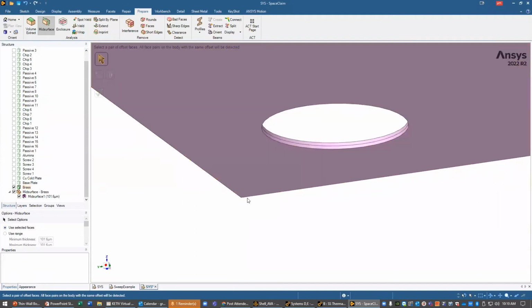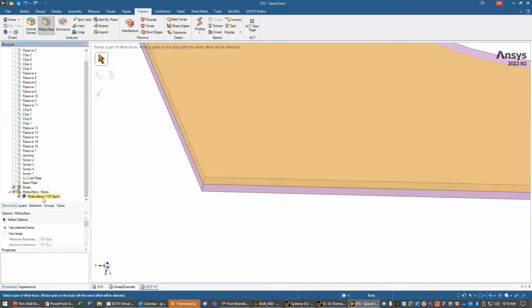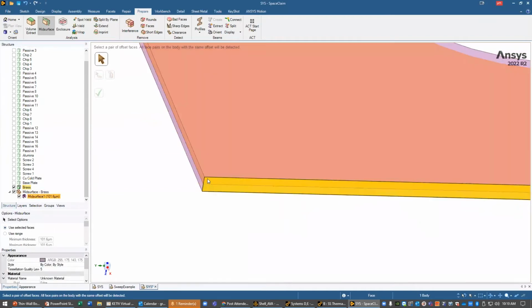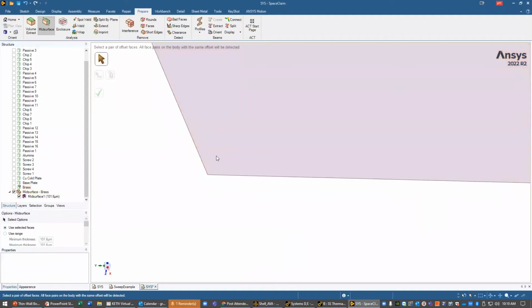You end up having, so this is where the mid-surface here has been created, and it's halfway between the two surfaces. So it's splitting your thin body in two, and then essentially eliminating that three-dimensionality, and we now just have a single surface. But when you do that, you have to make sure that you annotate somewhere the thickness. Because when we bring this part back to mechanical, we'll need to specify the thickness within mechanical